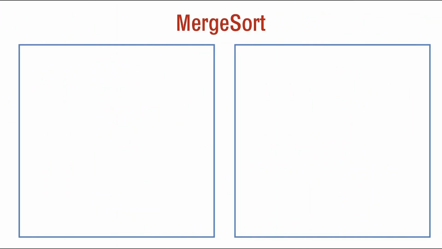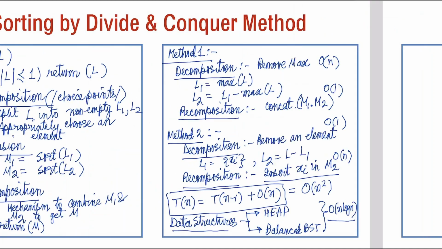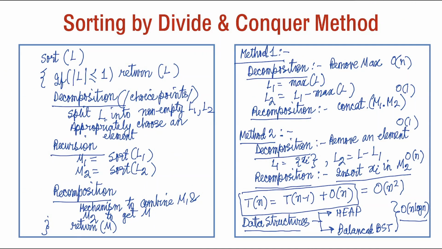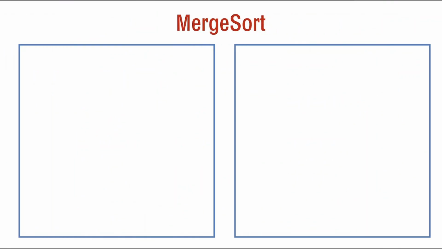So now we come to the famous merge sort algorithm, which uses the same principles that we have here. The decomposition is a simple split, whereas the recomposition is a more detailed combination. So it generalizes the insertion sort by doing a split. The merge sort algorithm, which is known probably by all of you till now: if L is less than or equal to 1, return L.